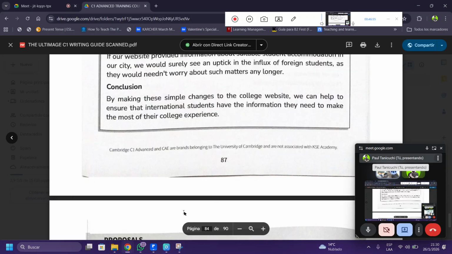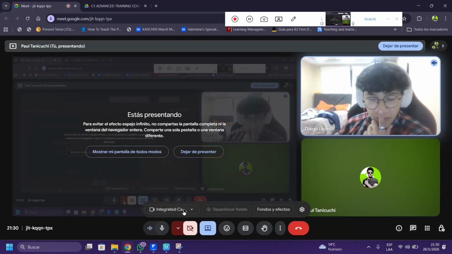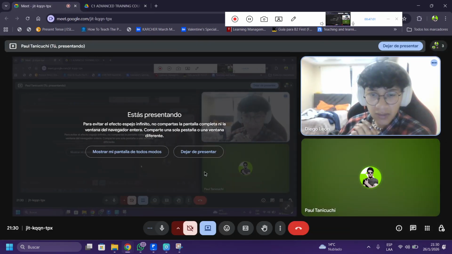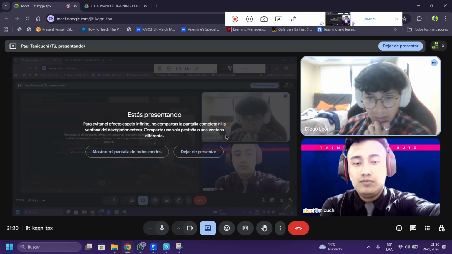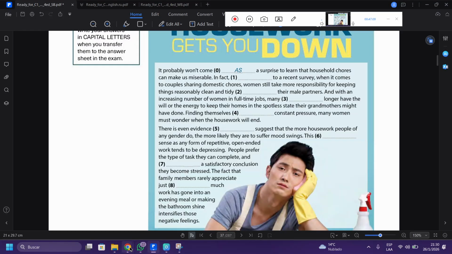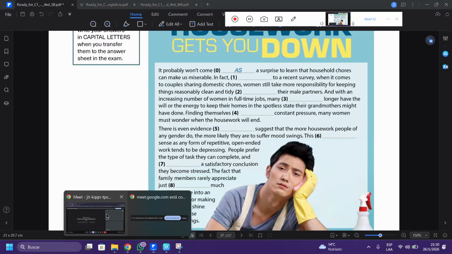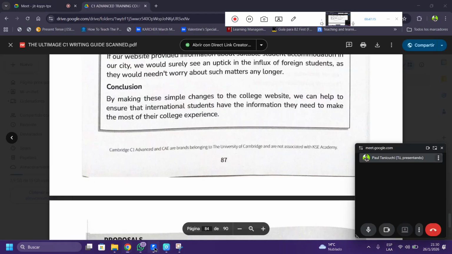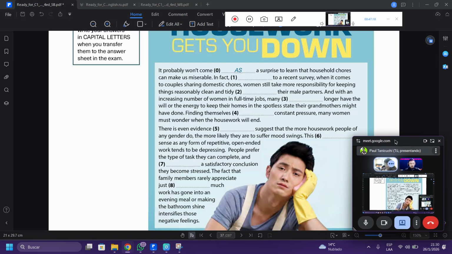People prefer the type of task they can complete, and without a satisfactory conclusion they become stressed. The secret here is that you take a look at it as many times as necessary.